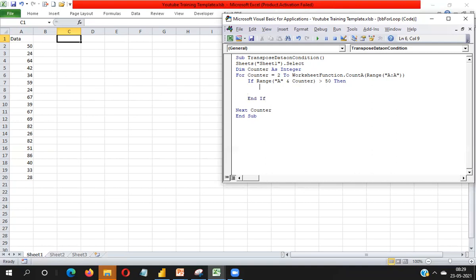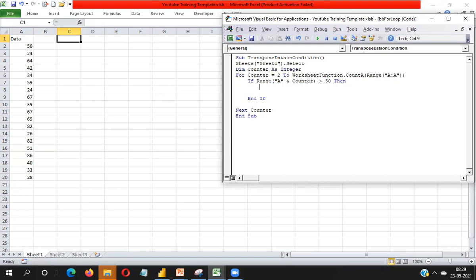Now I'm going to write the code to place our data. I need one more variable to create the cell reference. No, there is no need to take a variable; I'm going to write directly.